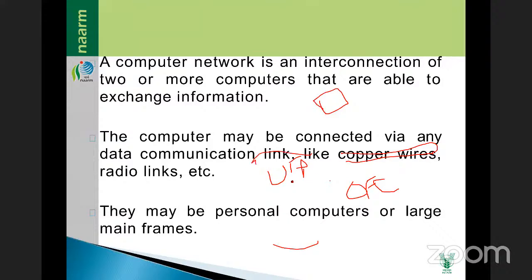What is UTP cable? UTP cable means within the building we can connect it. You see, in your college, in your classroom, maybe one IO box will be there. From there they can take connections. On the IO box it will be connected like this, so then a wire will be connected to the computers. That is UTP cables.